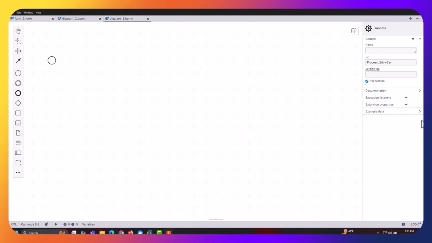Properties window is initially hidden. If you hover to the extreme right, you will find a tab to expand it. The start event is already placed, and let's place a task here. You can use either this expansion window, or from here on the left hand side you can pick up a task,